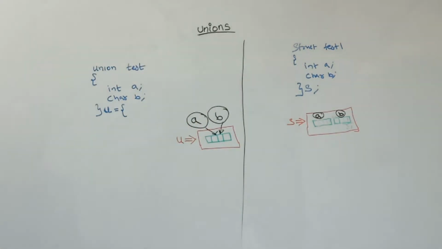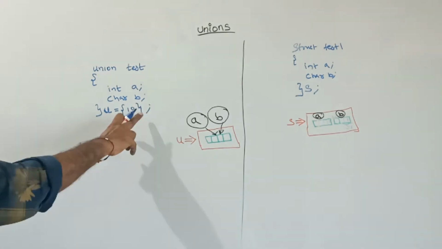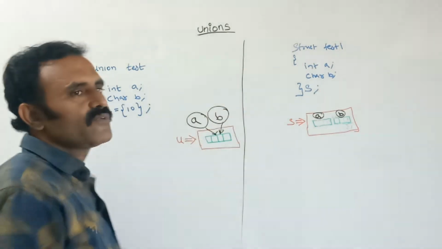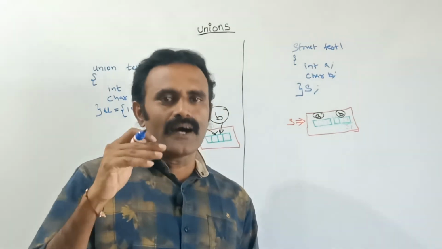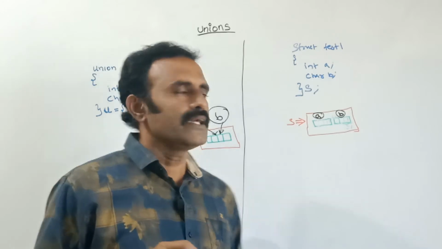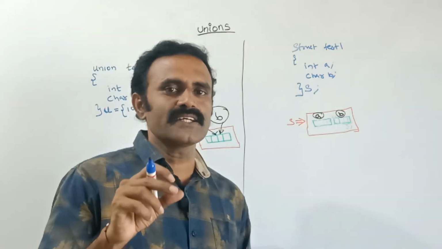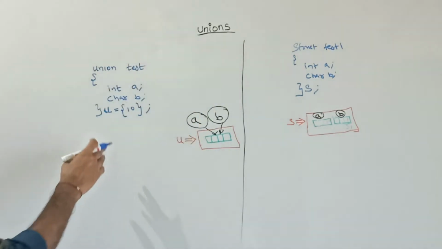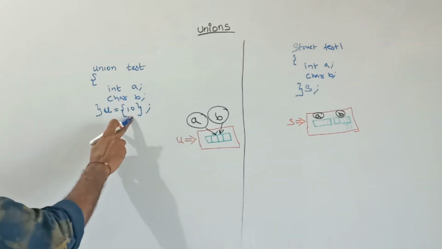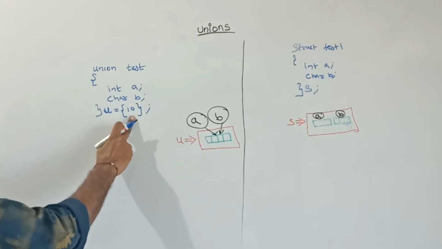Suppose here I am giving the value as 10. After that I am closing the union. See how we can initialize the value, just like a structure. Like an array, we should initialize the value within the braces. We had already studied how to initialize the values for the structure. In the same kind, here we can initialize like this. Here we should initialize only one value, because this value goes to the first member, this value will be assigned.